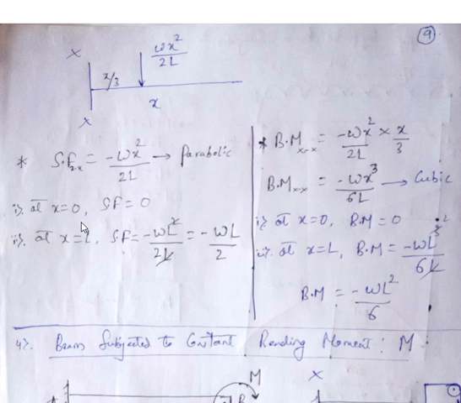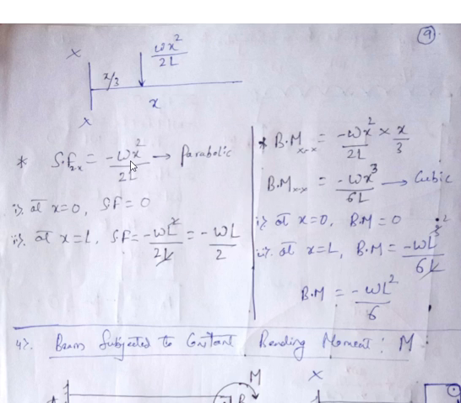Now look how the variation is going to happen. In this equation, when x equals 0, the shear force will become 0, because 0 into anything is 0. That means when this section comes to the right end of the beam, that is x becomes 0, the shear force value is 0. Then to the extreme left of the beam, when x is equal to L,